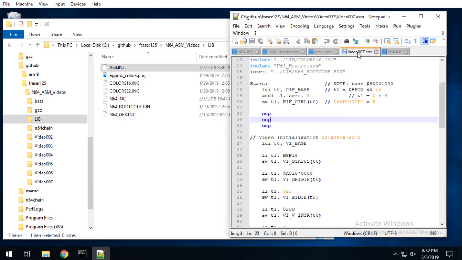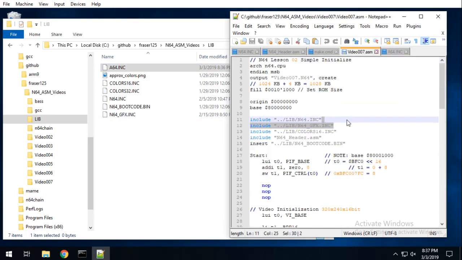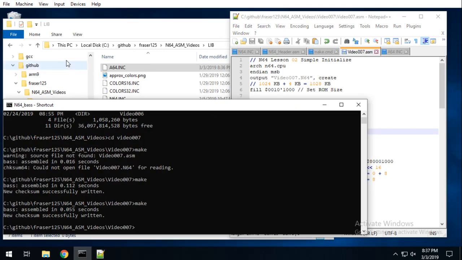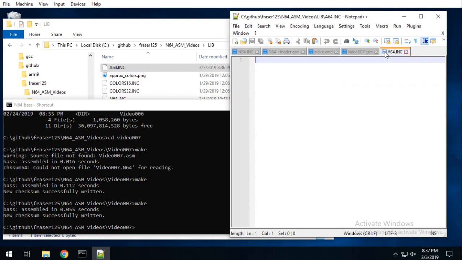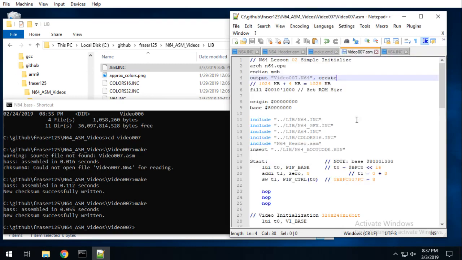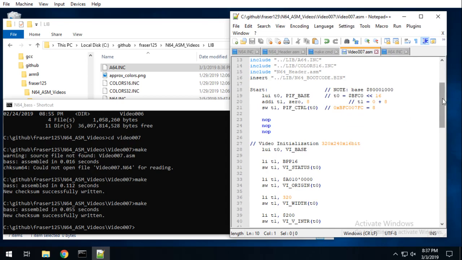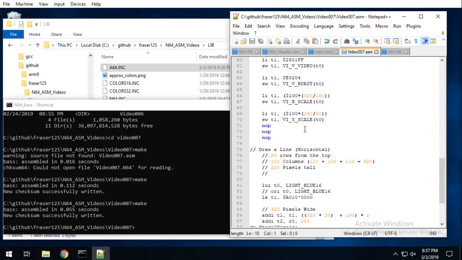So the first thing I'm going to do is an include like this, and there is my A64, and it found it, so everything is good, but my file is empty. Okay, well, we have these blocks of code. In this case, just a couple of lines. But in this case, we've got a lot of lines, and it's kind of just overhead. So we're going to move those lines and